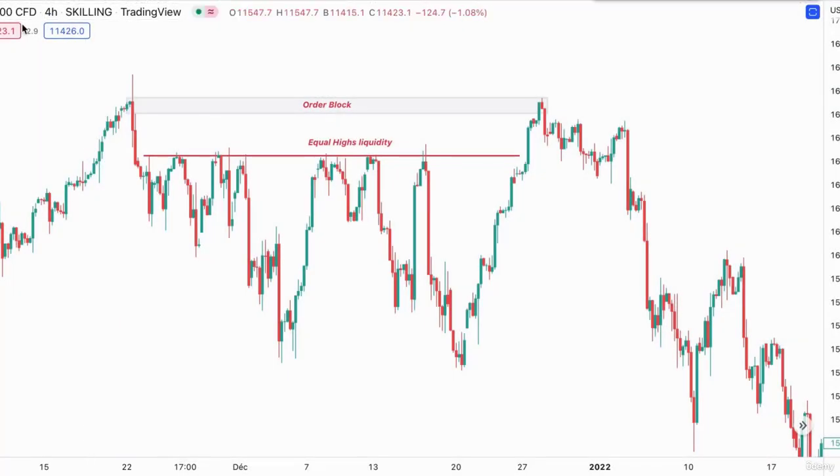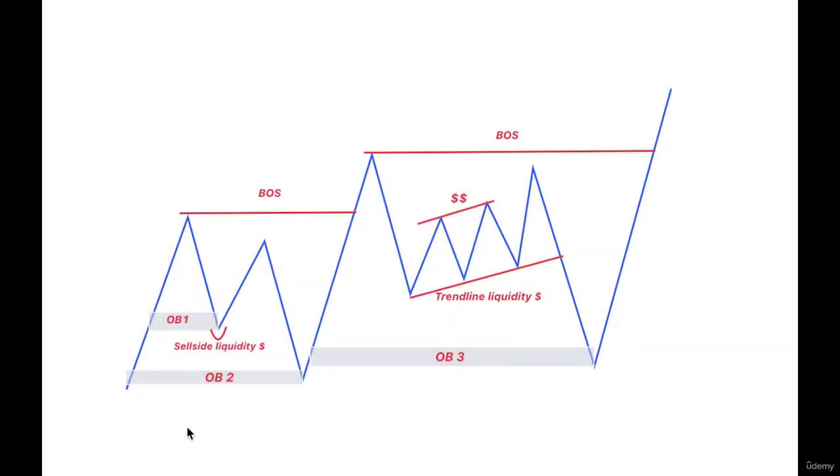In this example we are using the Nasdaq chart. We have a bearish order block that broke the market structure. Market makers created a resistance line on purpose to create buy-side liquidity. You can notice that price took the liquidity resting above these equal highs, got into the order block before taking a momentum bearish move. As you can notice here clearly, we have swing highs broken and swing lows protected. At the level of this first impulsive bullish move, we have left two order blocks, order block number 1 and order block number 2.